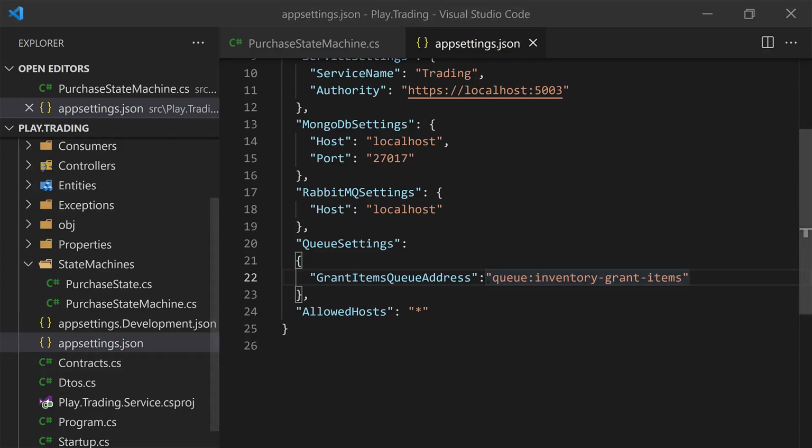But then where is this address coming from, right? So this means that there should be a queue with the name inventory grant items in our message broker, in this case in RabbitMQ. But how did I come up with this address? Well, really this is due to the convention that we have established for all the queues in MassTransit. And since we already defined an inventory grant items message in inventory, there should be a queue in RabbitMQ with this name. So to confirm this, let's go back into our inventory